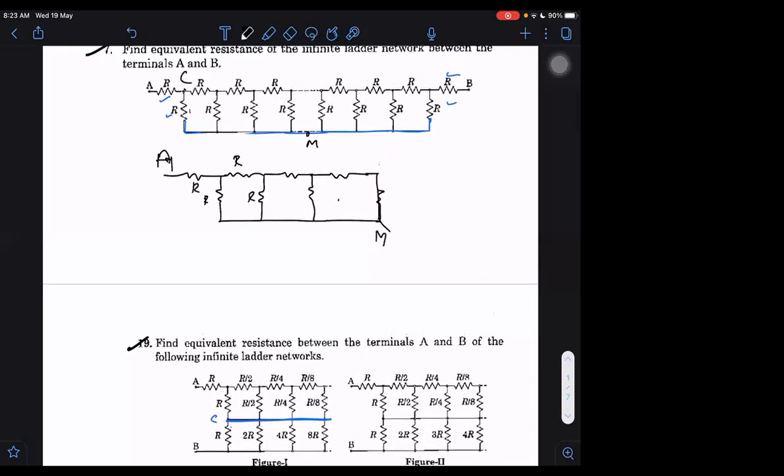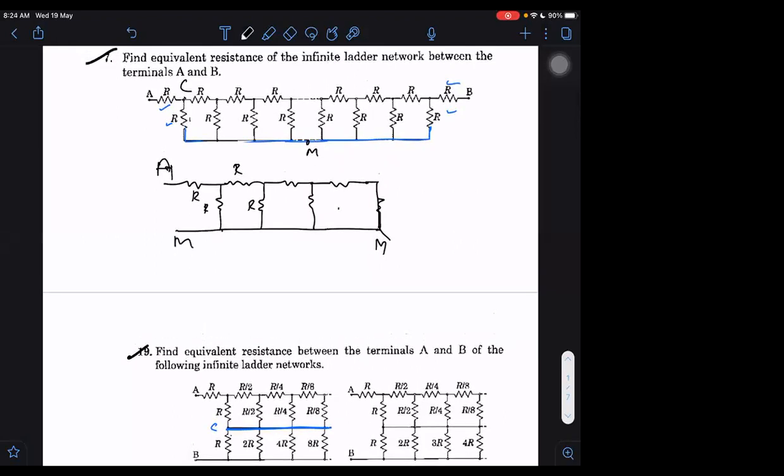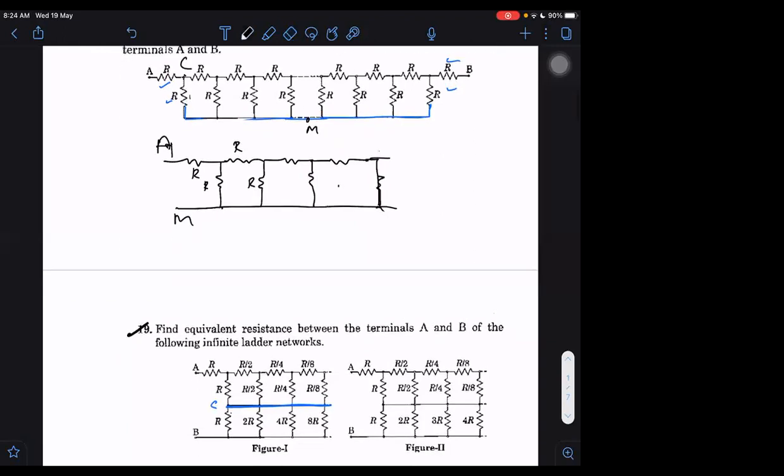Which do you want to take as X? Take the same, sir. In fact, I wanted to solve this as an infinite problem. We can do it that way, taking it as x. I was getting, sir, R into 1 plus 2. So A to M we can take as x, then again x. What are we getting from that? We get x equals R into 1 plus root 5 by 2, sir.